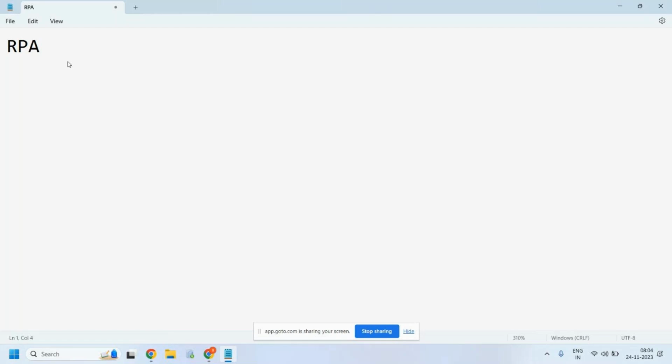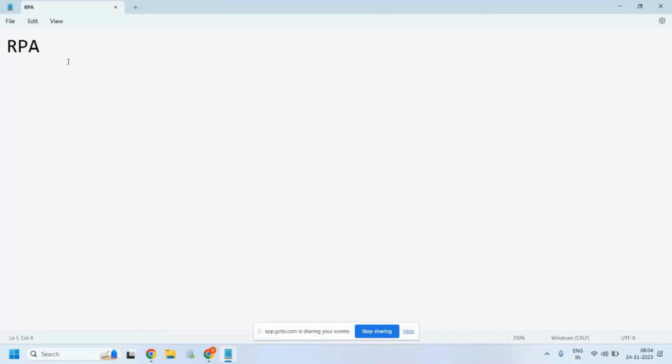There are two types of solutions here: one is RPA and another is RDA. RPA, as I said, is fully automated. RDA is remote desktop automation, where there is a need for human intervention. In which scenarios do we need human intervention?